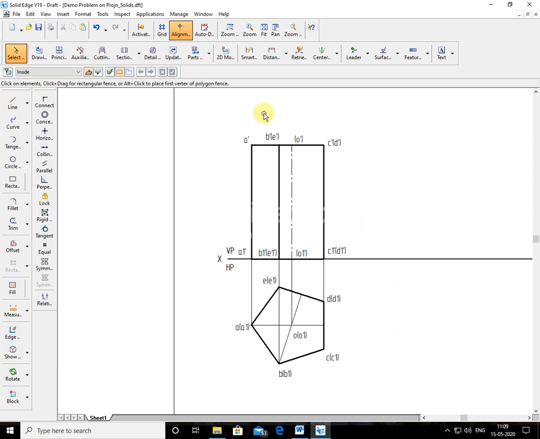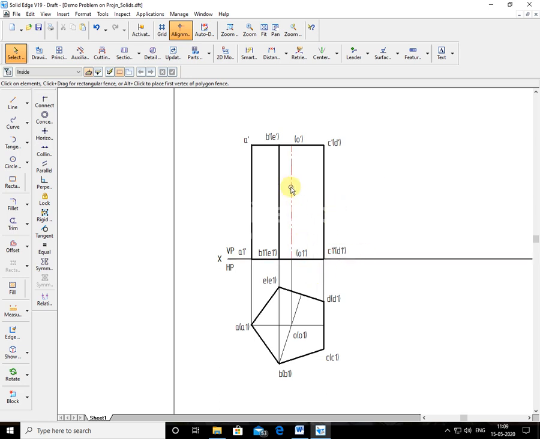If you observe the front view here, this particular A1 is a corner, and C1 D1, C1 dash in bracket D1 dash, is the edge. So in solids we are considering the right portion, bottom portion here. If I tilt clockwise, see my cursor, it is resting on C1 dash D1 dash. If I tilt anti-clockwise, it is resting on the A1 corner. So a single letter means corner, double letter means edge. I am tilting clockwise now so that it rests on the edge. Here it is the C1 D1 edge, and the axis should make an angle of 40 degrees to HP.